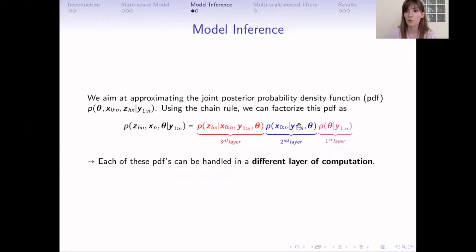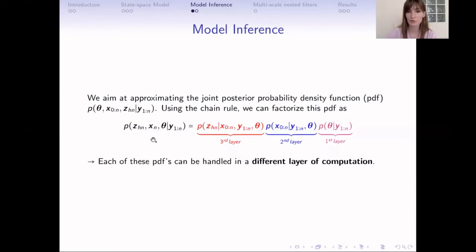So once the state space model is introduced, I want to talk to you about the model inference and the general methodology of our algorithm. So the main idea is that we aim at approximating the joint posterior probability density function of z, x, and theta,